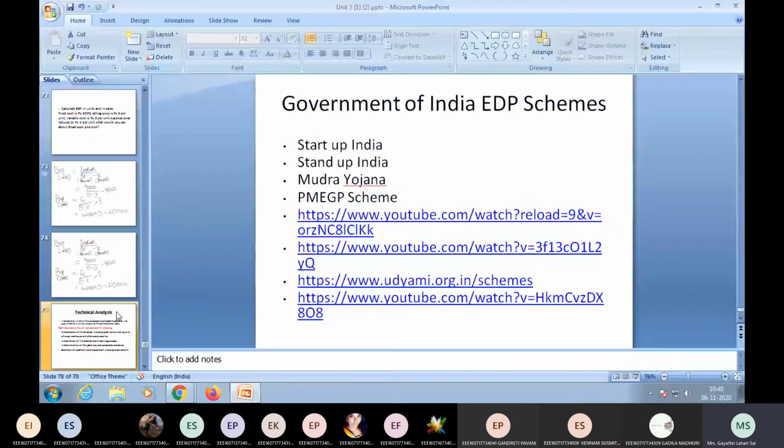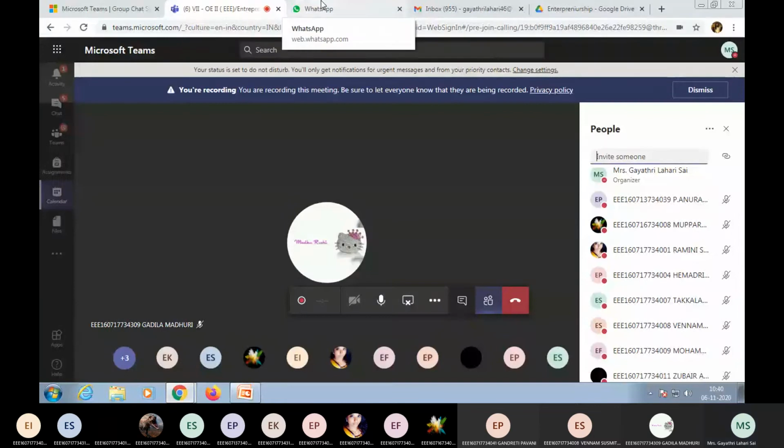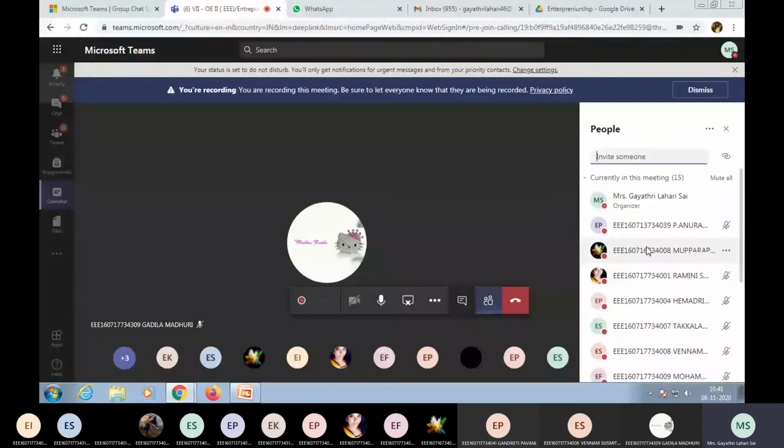And now it's your turn. Students who are ready for the seminar, you can give it. So today we had seen what is break-even analysis. We had seen some of the formulae. We had solved one problem. We had seen what is the technical analysis topic. It's a very small topic. Technically, plant layout, plant size, plant location, the specifications, all this you will be studying. And we had seen some of the schemes, four schemes. And now it's your turn. Let me open. Who is there for today's seminar?